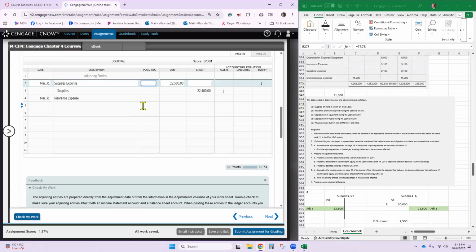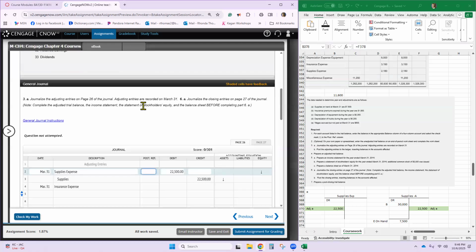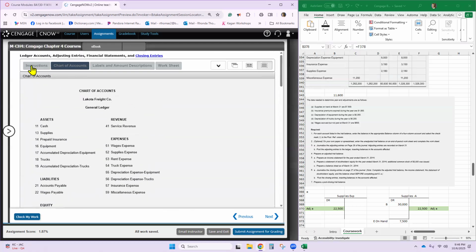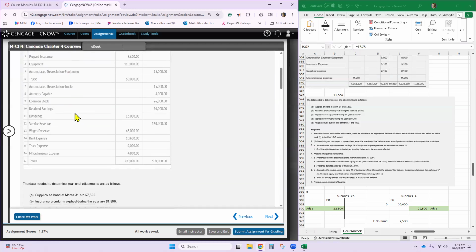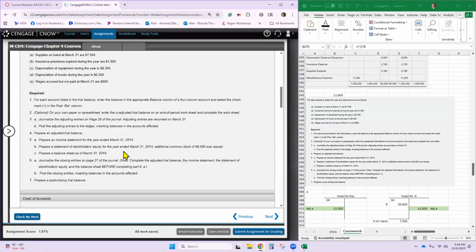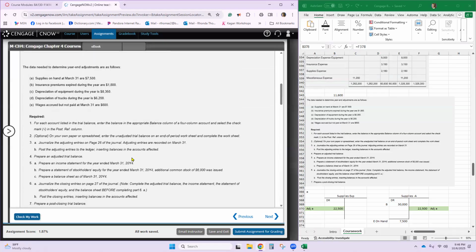All right. So supplies expense is, okay, and it's in the instructions actually. It says supplies expense is 52. You go to the instructions, it says to use, wait,